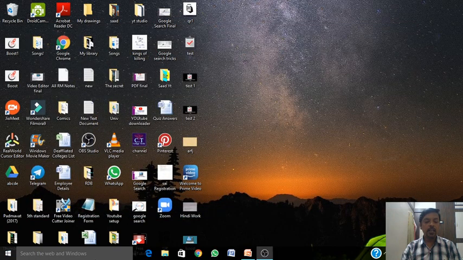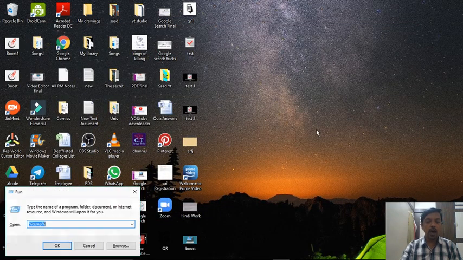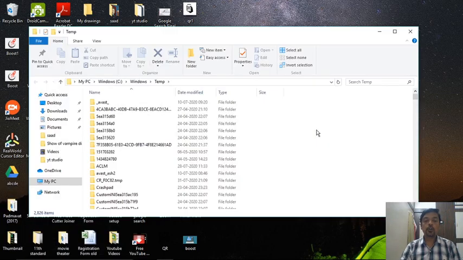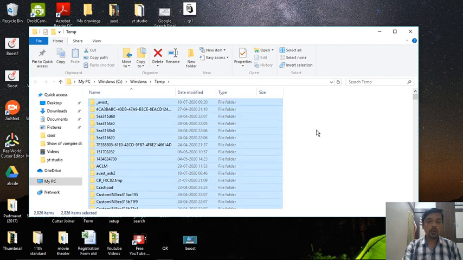Another way is, again you have to perform the same task, Window R. Okay, and at this moment, rather than typing percent temp percent, you just type temp. In some cases it may tell you that you don't have permission to access this, so you say continue, and you can move on. Again, press Ctrl A so that all the files get selected.